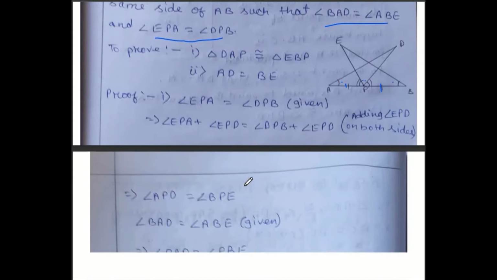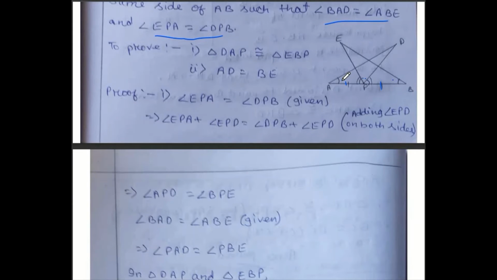Again, this is also given in the question. BAD and ABE both are equal. BAD means this angle and ABE means this angle. But our triangle is DAP, where B is not coming. So this BAD I am changing into PAD, meaning the same. It was given to me angle BAD, but I need this triangle. For that PAD is required. So PAD, and on that side instead of writing ABE, we are taking PBE, because in this triangle EPB I am not going to get a point. That's why the name should change, as if this is your full name and nickname we are using. So BAD changes into PAD, ABE we are changing into PBE.